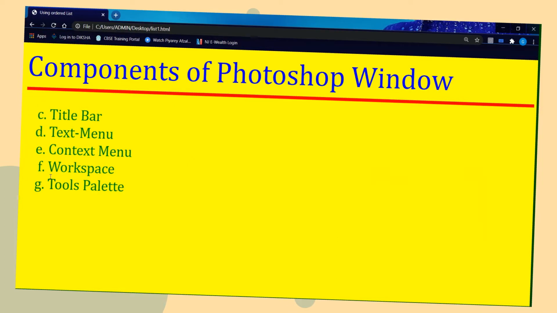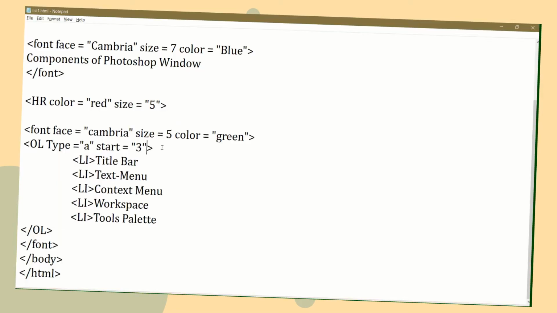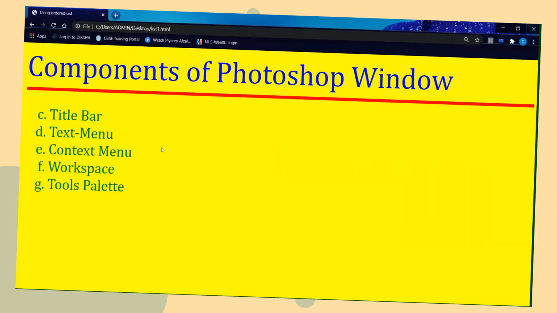See, C, D, E, F, G. That means the third letter. So we can use the start attribute to define the starting point of your numbers. But the value for the start attribute should always be given in number, not according to the type of numbering style.